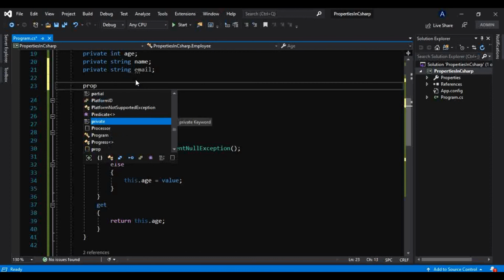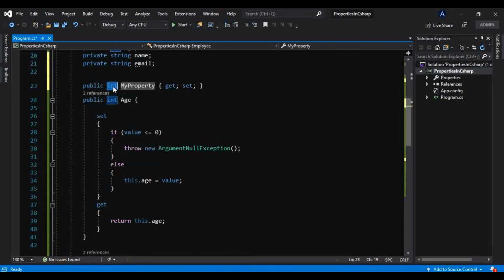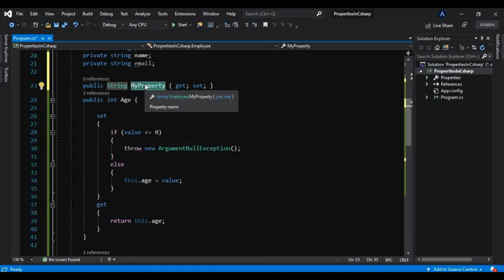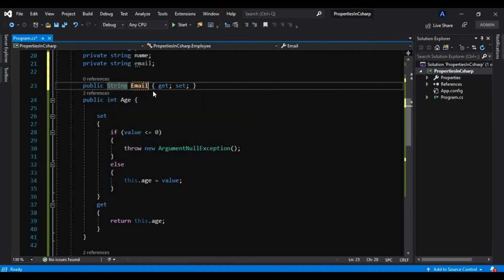Just type prop, press tab two times, and this will be your property, that is string email. So this is nothing but an auto implemented property, and behind the scenes the compiler will implicitly initialize this private field, that is email, because it will check that the name should be the same, that is email.